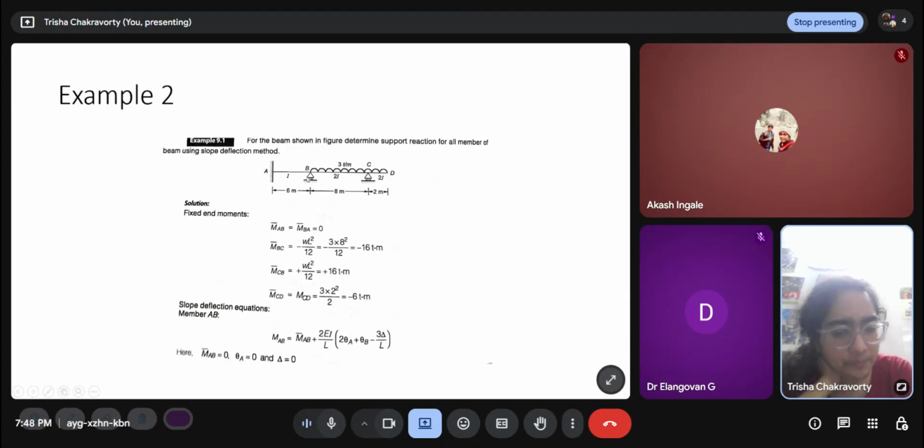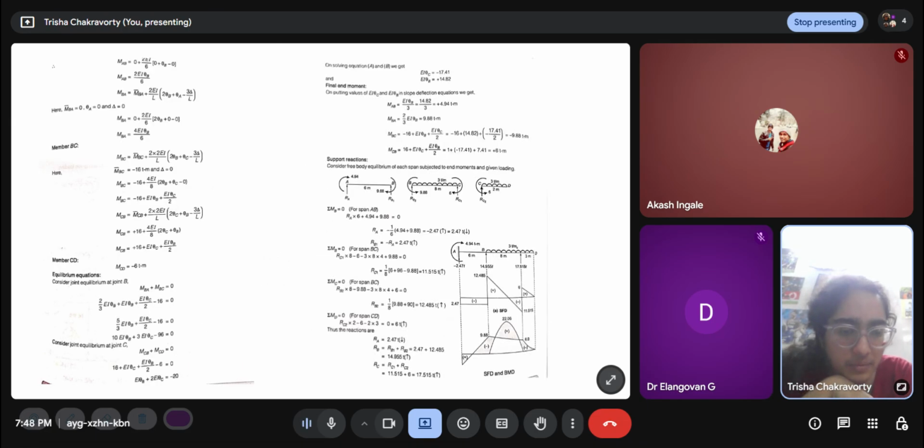What they will be: the moment has to add up to be 0 here, the moment has to add up to be 0 here, and the moment and the shear force have to be 0 at this end. Because at a free end, we know there can be no moment or shear force, they always start from 0 there. So I will have four equations and I can solve the problem, and I'll draw the bending moment.